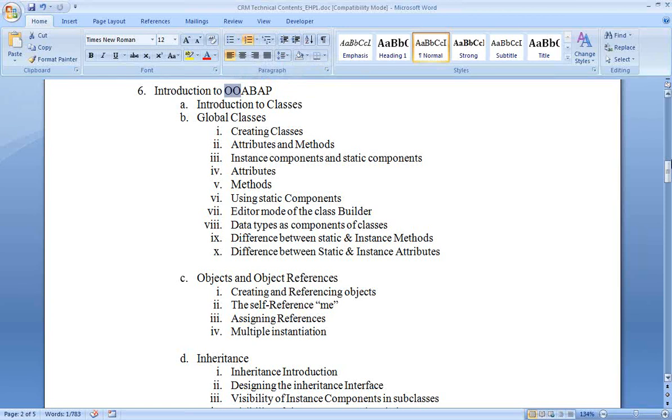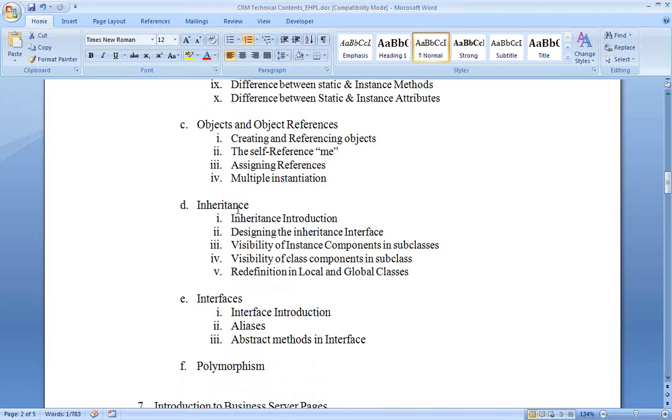So we have a concept of inheritance in object orientation. Inheritance means acquiring the properties of one class into another class. Here the source class becomes the parent and the target class becomes the child. So: inheritance, parent class, child class. Here we'll see how you inherit a class, and after inheriting, which properties of the parent class are acquired into the child class. Can we do any modifications in the child class? Yes, that is called redefinition. All the aspects of inheritance we'll see, because